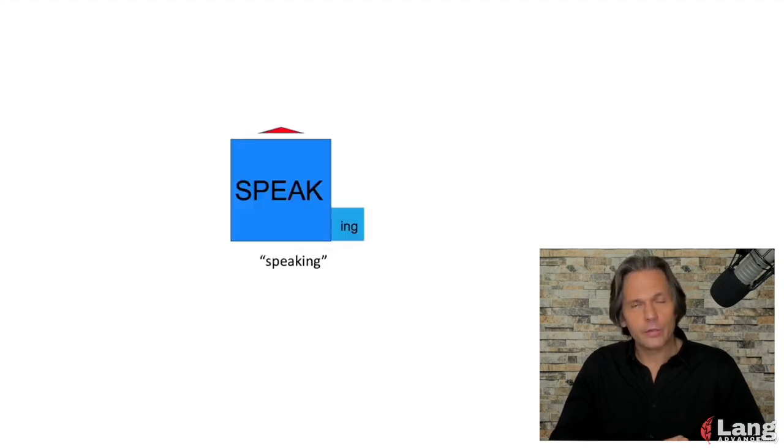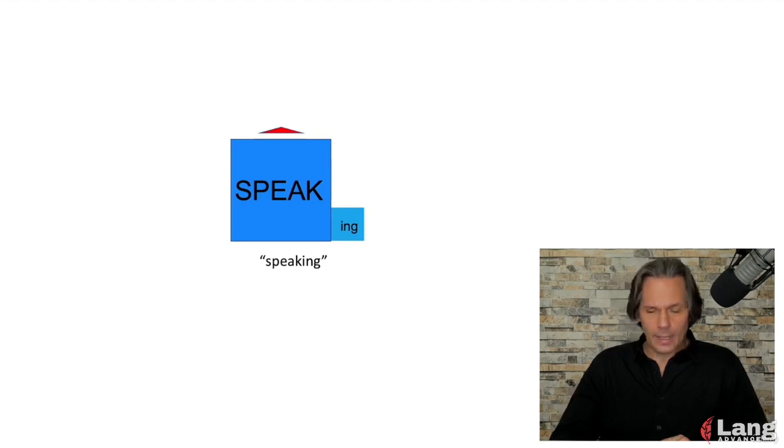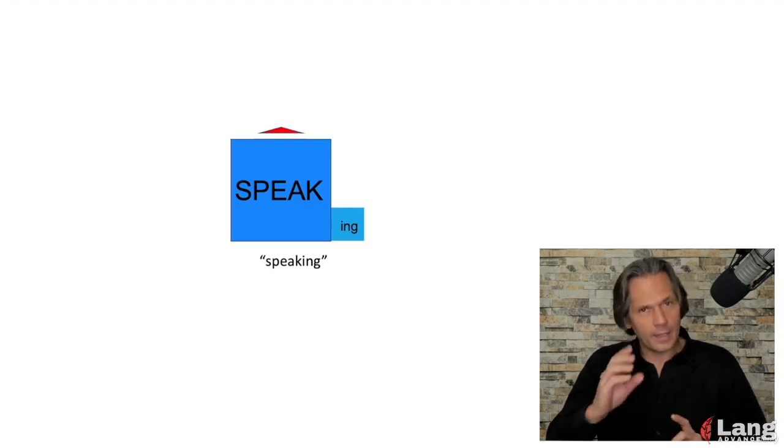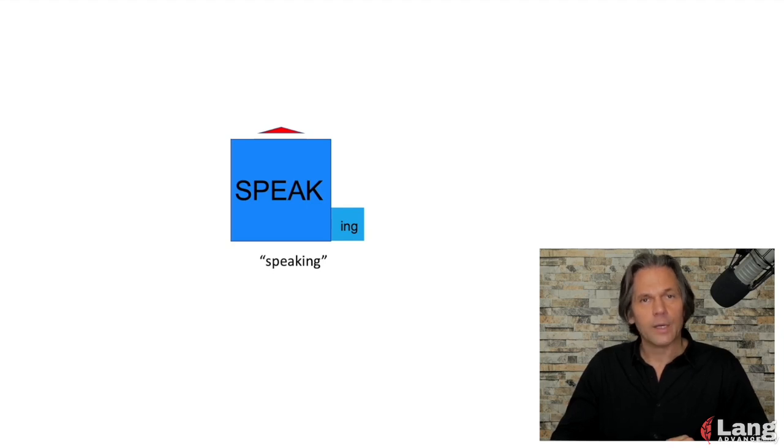Let's start with a 2-syllable word like speaking. And let's introduce another word. We'll use a verb, but instead of the stress of da that we used in the last example to make connect into connection, let's use a verb that stresses the first syllable, like answer.